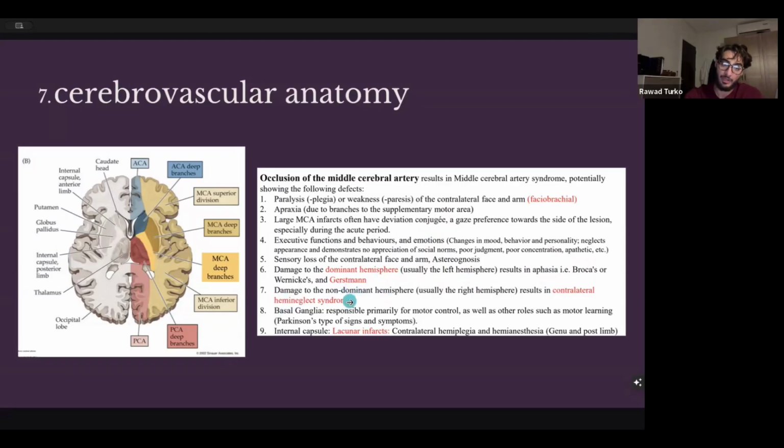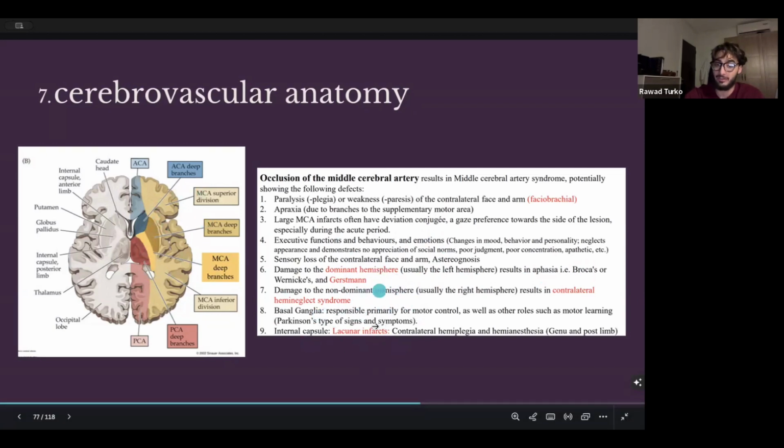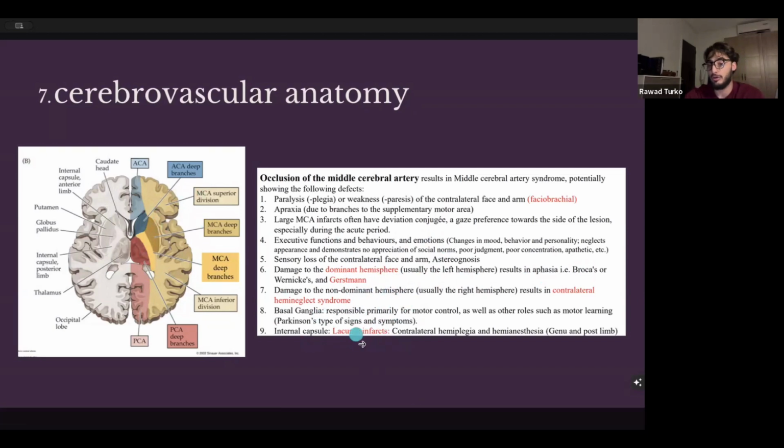see hemi-neglect syndrome. Depending on how proximal or how distal the stroke would be, you could see involvement of the basal ganglia, for example. And you could see lacunar infarcts, which we talked about before, if there's involvement of the lenticulostriate arteries of the MCA, that would lead to contralateral hemiplegia and hemianesthesia. Okay? So, again,